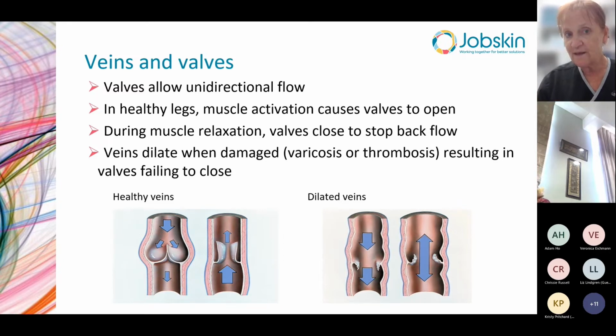And in healthy legs, muscle activation, so walking, causes the valves to open. Walking is one, but there's a range of muscles that are involved, obviously. And then during muscle relaxation, the valves close to stop the backflow. This is the muscular activity around the vein walls. But when veins are damaged or aging, fatiguing, so damage can come from varicosis or thrombosis, and then as people age,